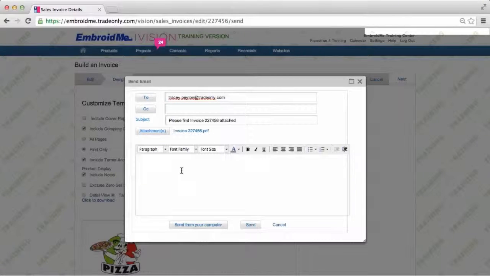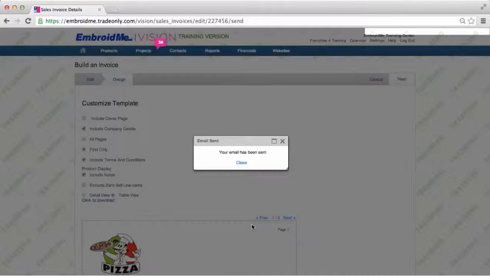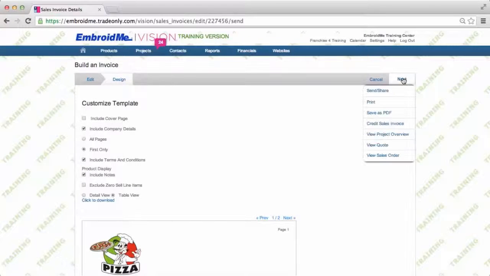So it will generate that PDF. There's the PDF. I can put what I'd like in the body of the email, and I can go ahead and send that. So it's saying that my email has been sent. So if I close this and I actually close, so we can go ahead and